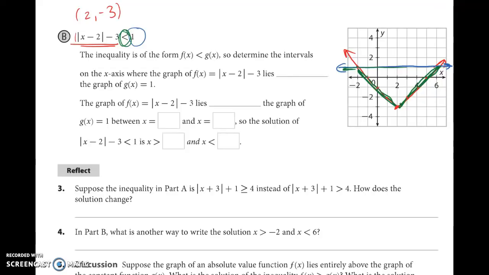So if I'm looking at this, it has to be between the values of -2 and 6. And that's what we kind of have getting set up for us down here. So let's go through these. It says x has to be greater than negative 2, and x has to be less than 6. So this is from the graph